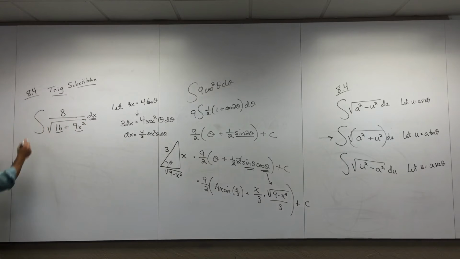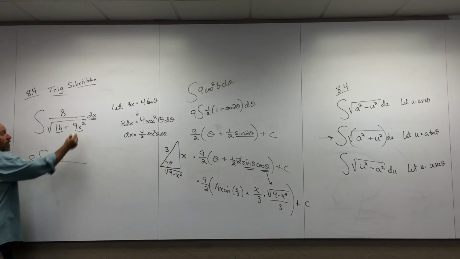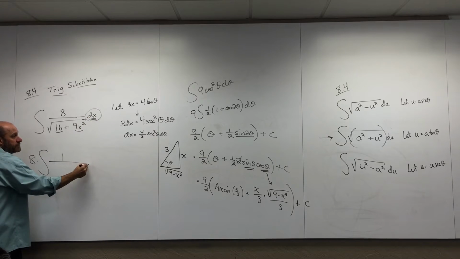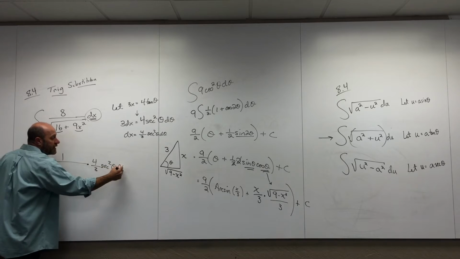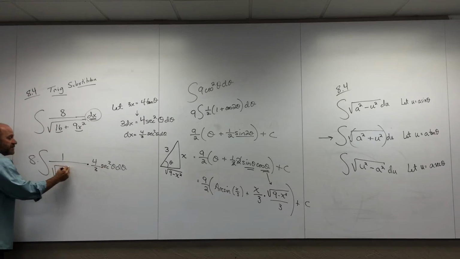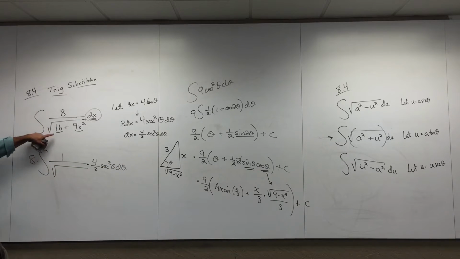All right, I'm going to start replacing all this. What about the 8? I could pull it out or leave it. Okay, the 8's out front, which leaves a 1 up there. What about the dx? There it is, 4/3 secant squared theta d theta. And what about this radical here? Well, it's a 16 plus